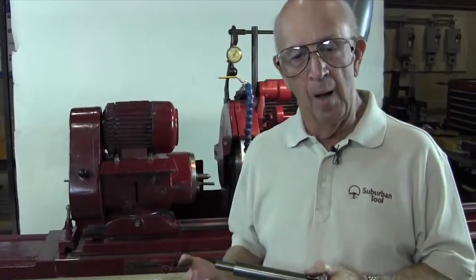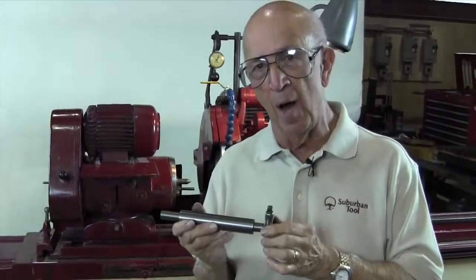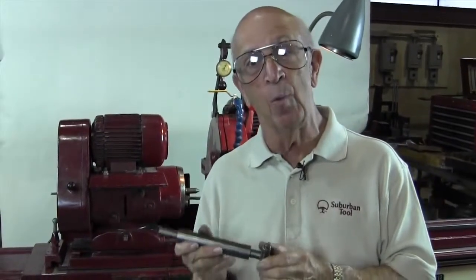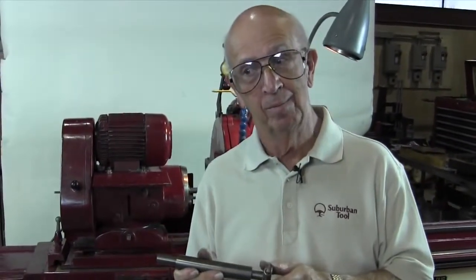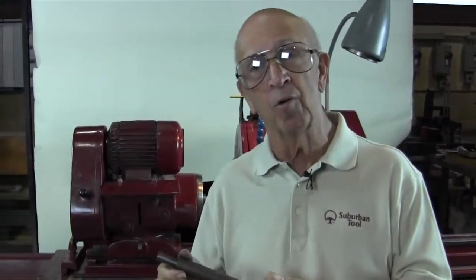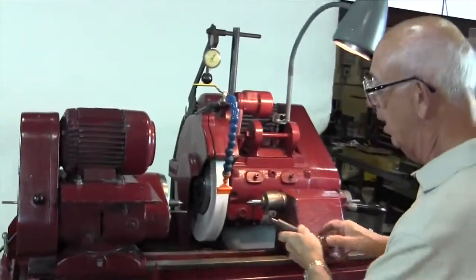Anyway, so we're going to start by showing you how to get the taper out of an OD grinder without grinding anything and without using an indicator. When I say without grinding anything, I mean without grinding the part or a dummy part. We're not going to grind a dummy part either. Let me show you how it's done. So in loading the part,